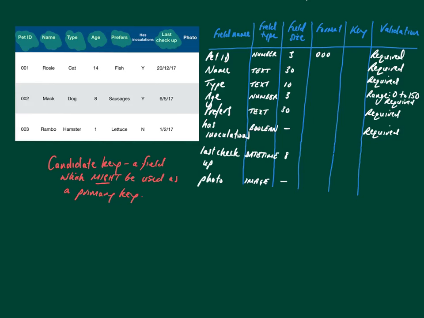And this is a field which might be used as a primary key. But to find an actual primary key, which is a field which uniquely identifies a record, then we can start looking at these candidate keys and ruling out the ones which have the potential to have duplicate values under their headings. So, for example, if we look at last checkup, over time we might have lots